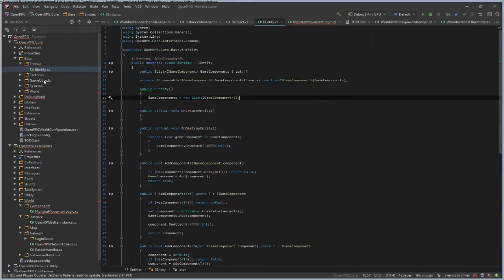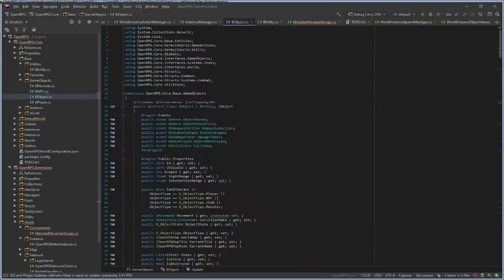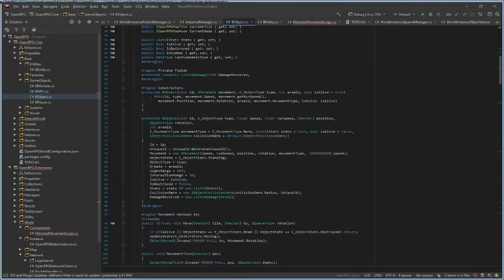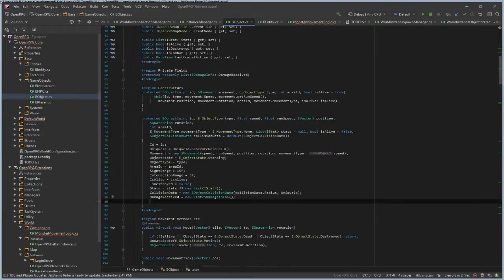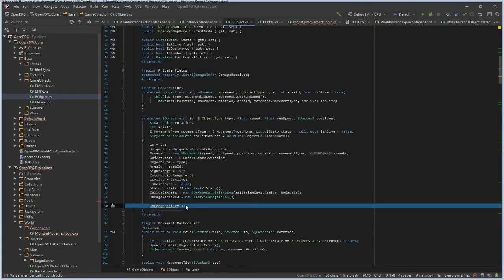So whenever an object is created using the base object class, I have to do something like this here and create entity. Is it even needed? Show member call and constructor.